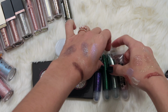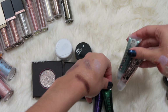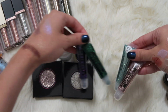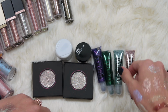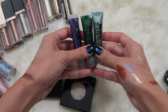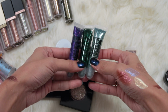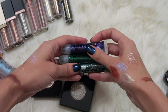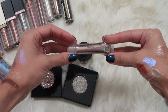I have the Bling It On from MBA Cosmetics. These have a self-adhesive base because they're kind of like a liquid glitter, almost like a craft glitter, except you are meant to put these on your face. I don't really find myself reaching for all of these colors though. To be honest, I don't know that I'm ever going to wear these 3 glitters. The shades are really fun, but they're just not necessarily my cup of tea, and they're pretty much new. So I think I'm going to pass these on, but I definitely want to keep this guy, which is the